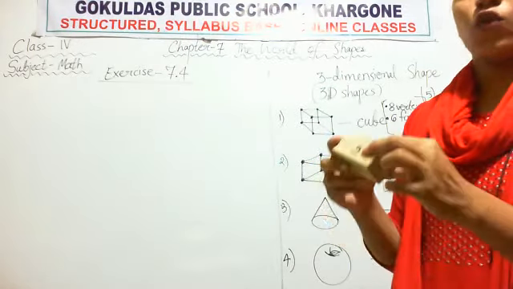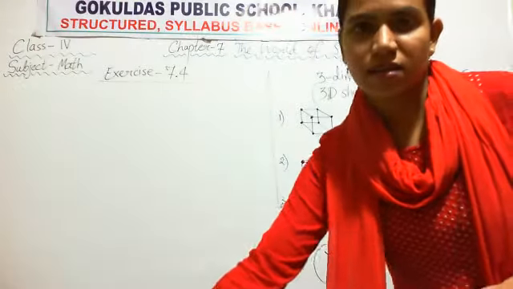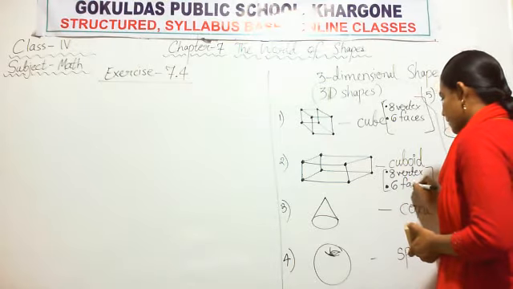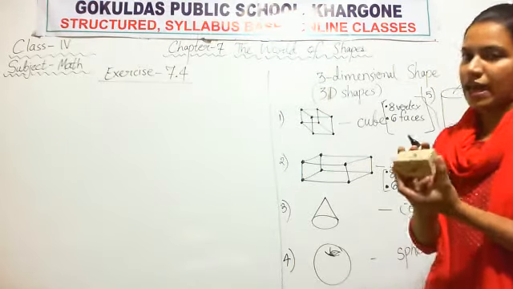Okay. So cuboid also has 6 flat surfaces, or 6 faces it has. But